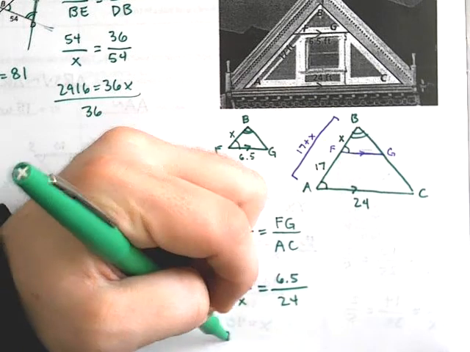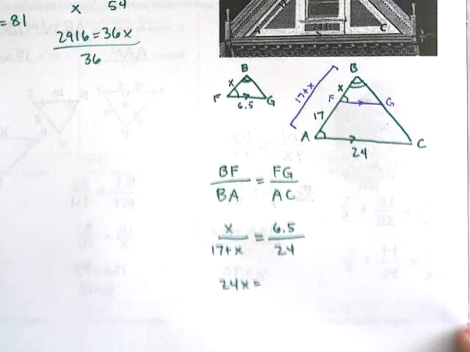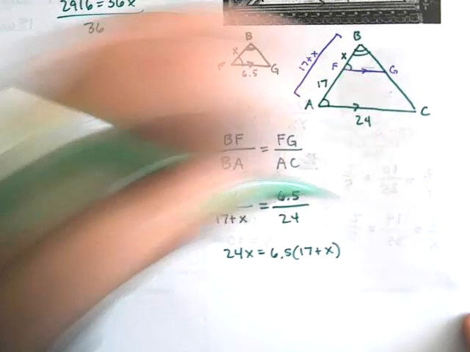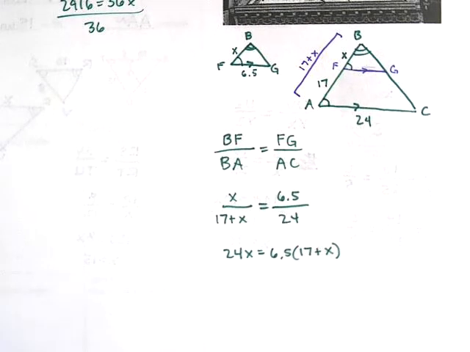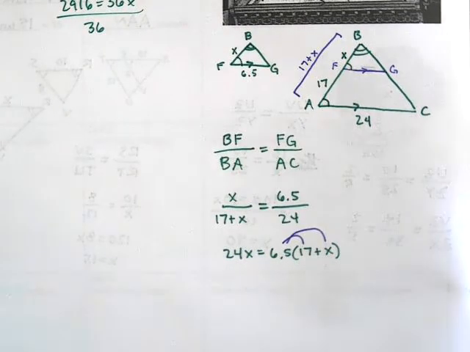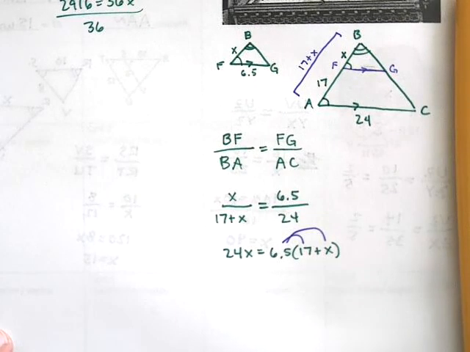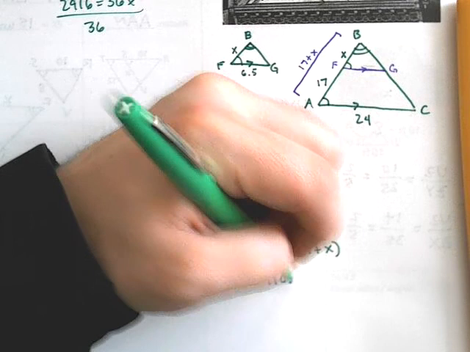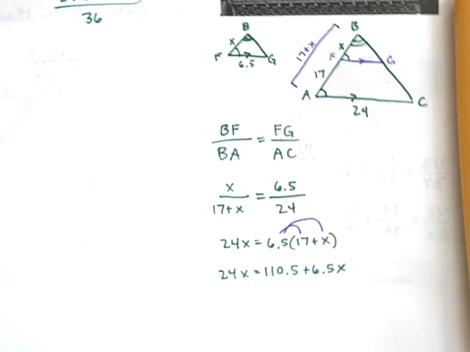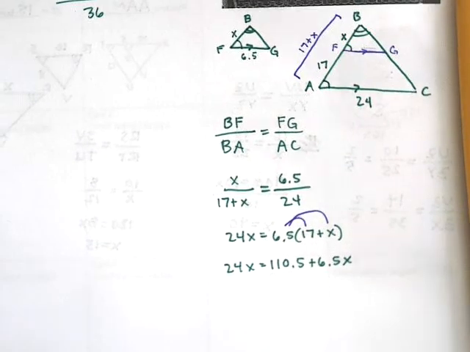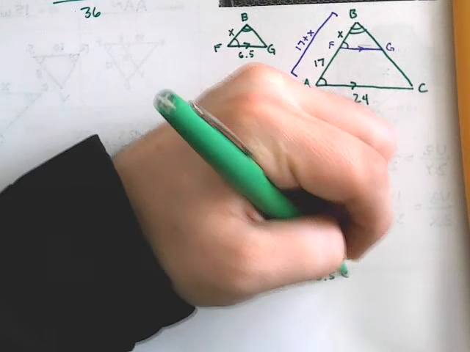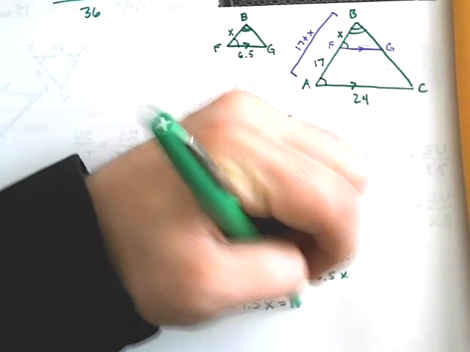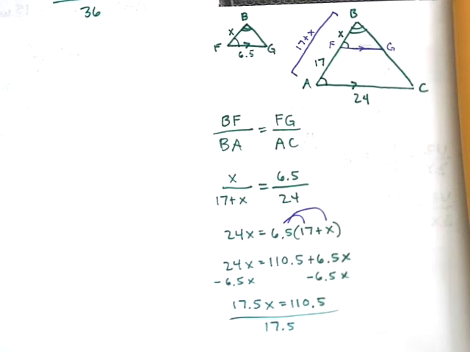When we cross multiply, 24x equals, I'm going to do this little by little so you guys can see my algebra. I'm going to multiply this. I'm not actually going to do it yet, I'm just going to write it out. This is a situation where we need to do what? Your favorite. Distribute. When I distribute the 6.5 to the 17, I get 110.5. So I have 24x equals 110.5 plus 6.5x. We need to collect all of our variables on one side, so I'm going to subtract 6.5x. So 17.5x equals 110.5, and when I divide by 17.5, I end up getting that x